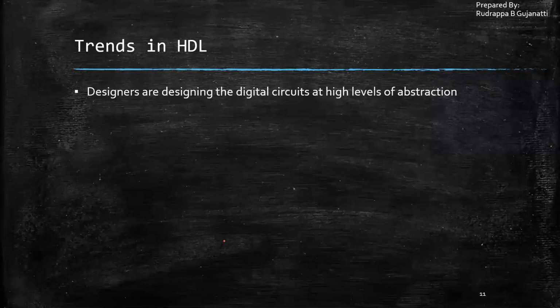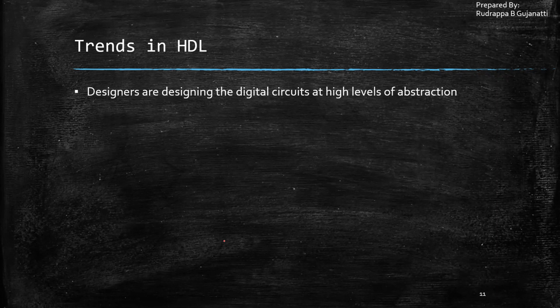Next, we have different kinds of tools available in order to carry out the hardware description language implementation. If I want to implement a digital circuit using HDL, I have a number of tools which I can use. A few of them we had discussed previously, like the logic synthesis tool. Then there are different kinds of tools also, like the automatic place and route tool. So these are different tools which are available, and this also trended in HDL.